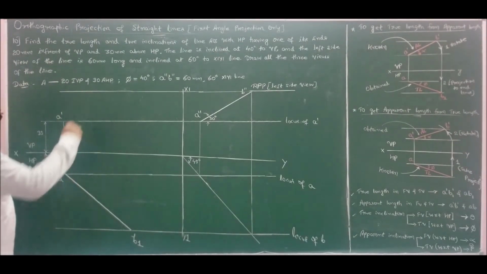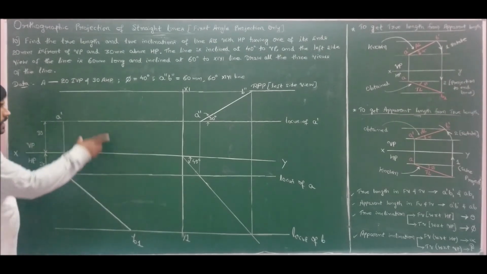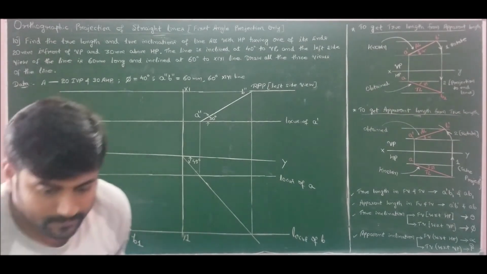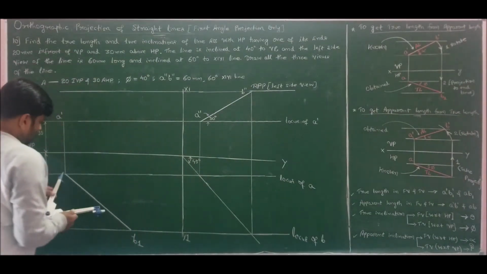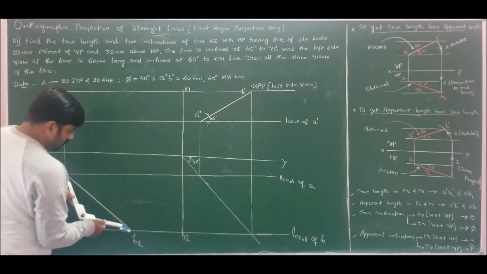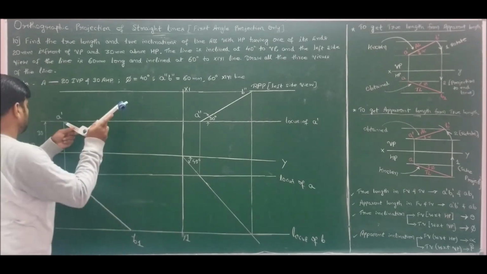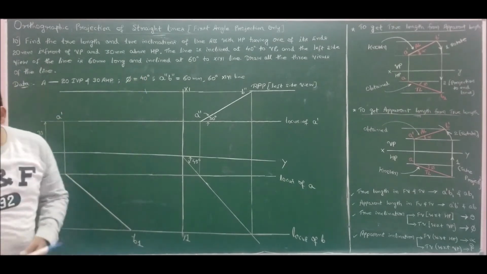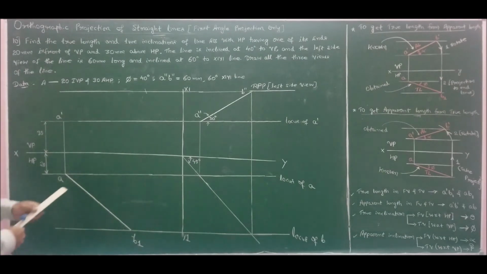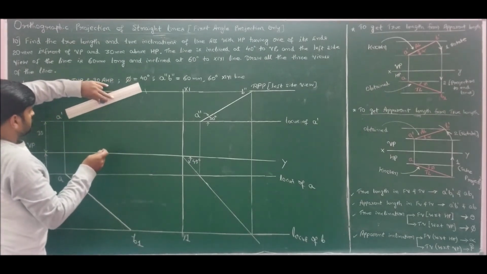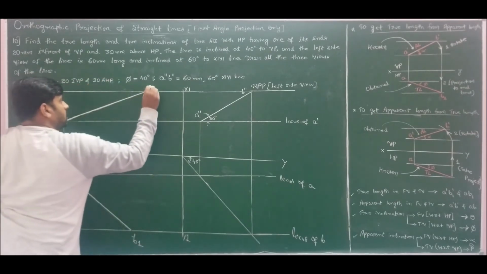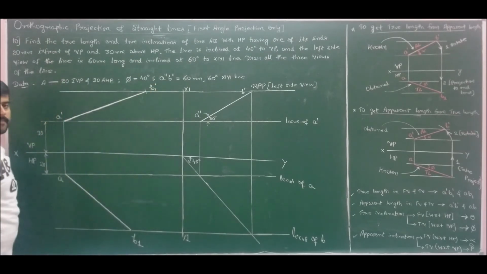Now to extract the true length in front view, I just measure this true length and cut an arc. This is because the true length remains the same in both front view as well as in top view. That is, I'll measure the true length. So joining which I will get the true length. So now I got A dash B1 dash.